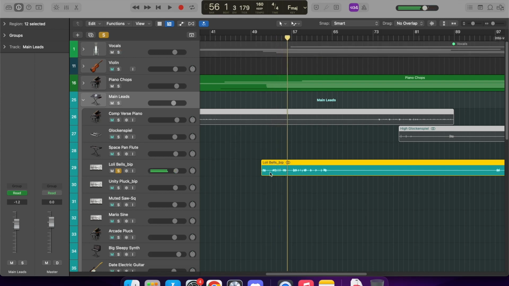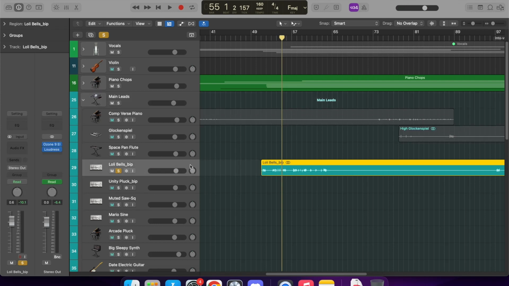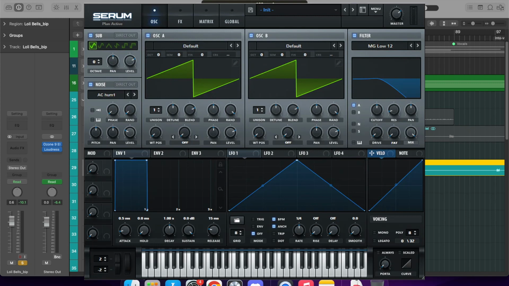So those are just very dry and sort of punchy. This is just a Serum preset that I bought and edited. Of course, you can't see a lot of those presets in action here because I bounced all of this. These are the stems. But I use Serum the most when making the instruments.